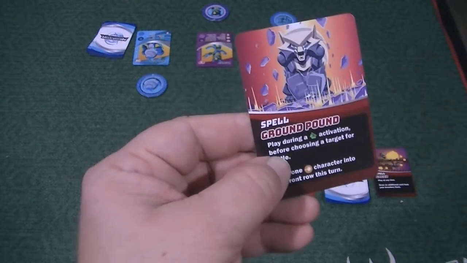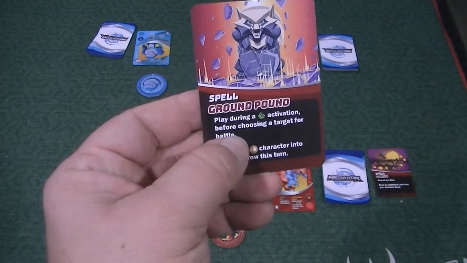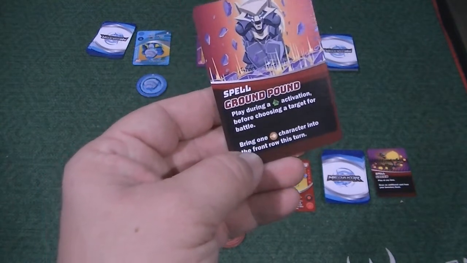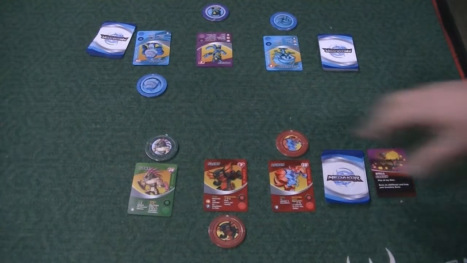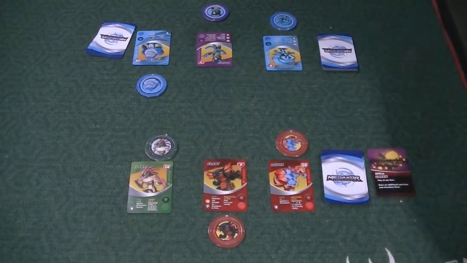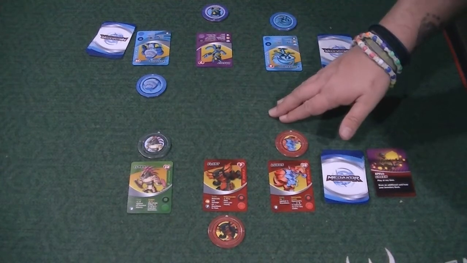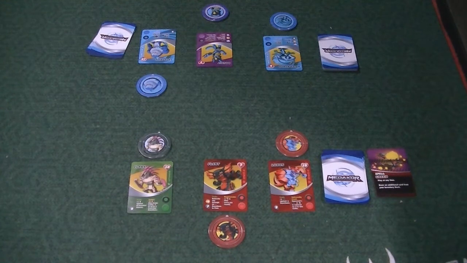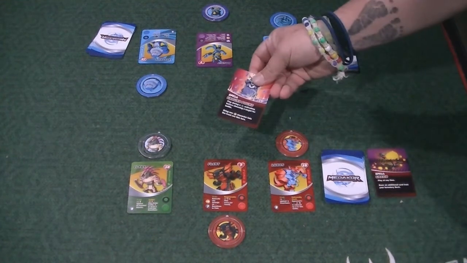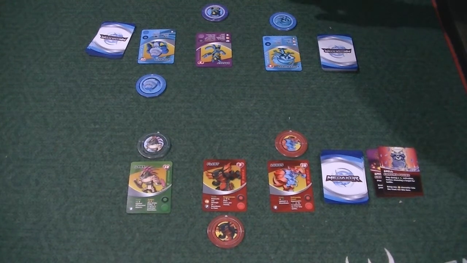And here's one spell: Ground and Pound. Play during a brawler activation. Before choosing a target for battle, bring one range character into the front row this turn. So, that's what's kind of cool with that. Normally, when you activate this, you keep your activation secret. So let's say we're activating Claws, and my opponent would probably be thinking, oh, well, you're going to face Frostbite, right? Well, I could play that card for Ground and Pound, and I could say, no, actually, I think,